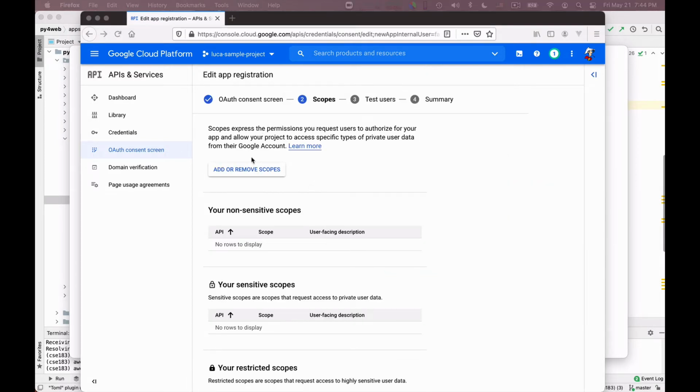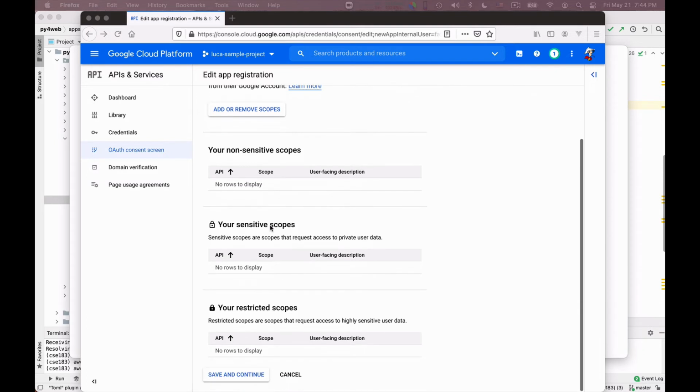So these are the sensitive scopes and non-sensitive scopes. This essentially means that via OAuth you can get both sensitive and non-sensitive information out of Google. You can configure OAuth so that a user is redirected to Google, and Google will ask them, this application is asking you to share information from Google Drive and Google Maps. Do you allow the application to access your Google Drive and your Google Maps? In that case, the user must really be careful because the application can then access your Drive or Maps.